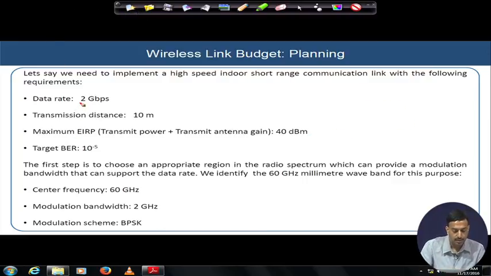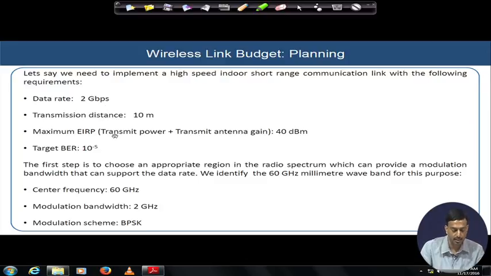Let's say in order to support this data rate at this given distance, we also need to ensure that the BER of the system does not exceed 10 to the power of minus 5. So keeping this target BER in mind, we are going to design the link budget, but considering that we have these kind of requirements of data rate,